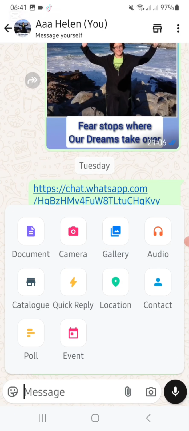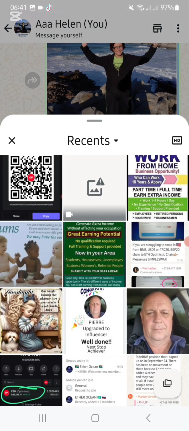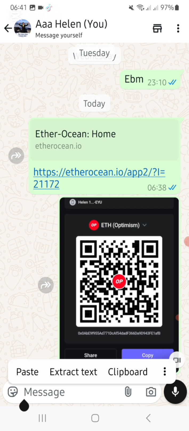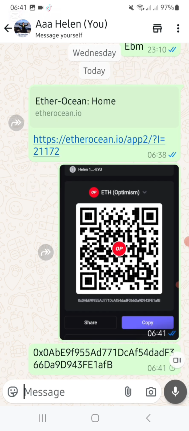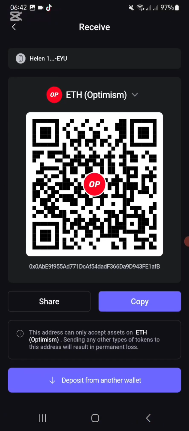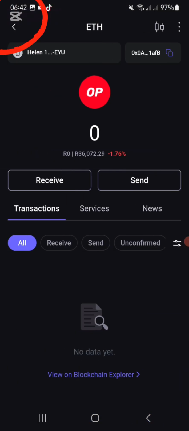You are going to put that screenshot there so that they know that you know what coin you've chosen. You are going to paste your QR code and then you're going to stick your proof of payment at the bottom where you made an immediate payment so that they can fund your wallet. So now let me show you how to fund your own wallet because I'm going to do it from my one wallet to the other wallet. Not to worry, if you're new, you do not need to do this.